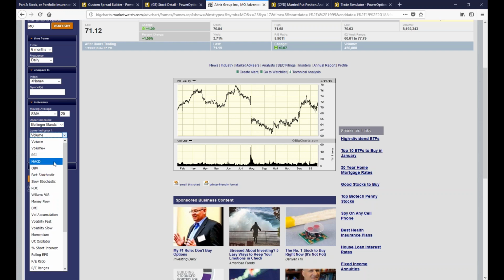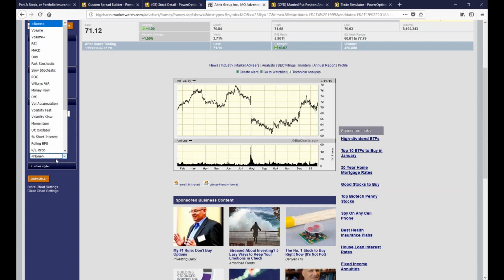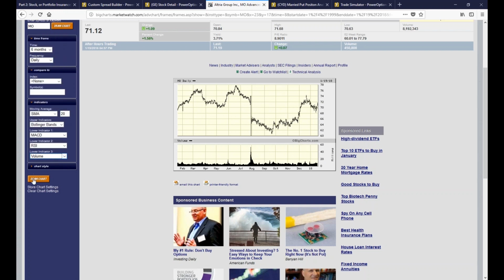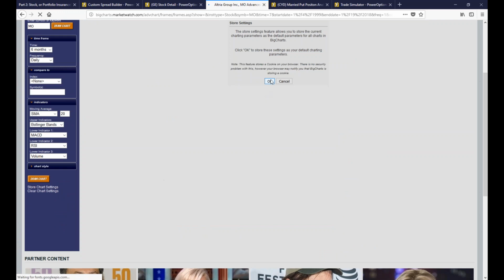Bollinger Bands, MACD. All right, just setting this up basically so I can see it here. I'm going to store the settings this time so that if I do come back here, we can see it again. All right. So anyway,